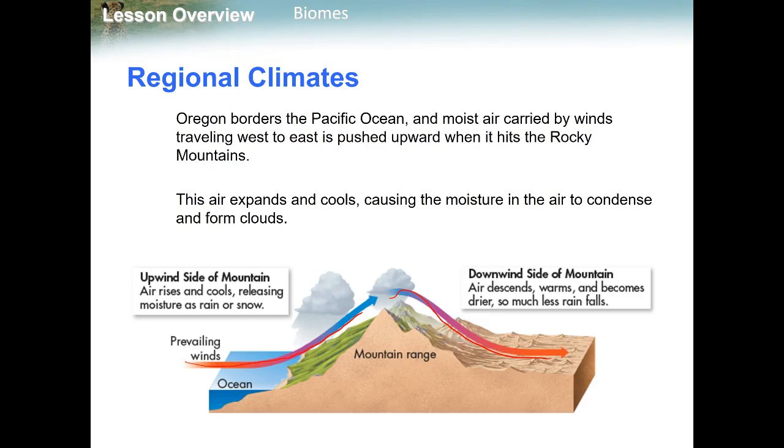So as the air descends, it's going to warm, it's going to become drier, and you're going to get less rainfall. So here's that example of how climates can determine the characteristics of the biome, what type of vegetation is going to be able to grow in that area.